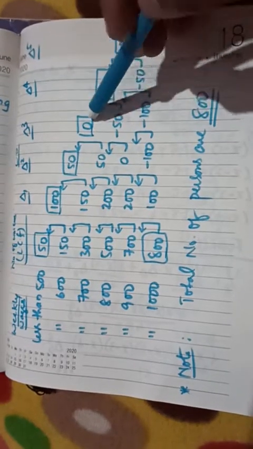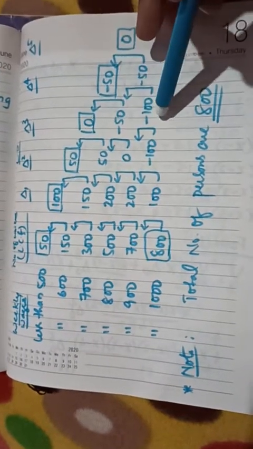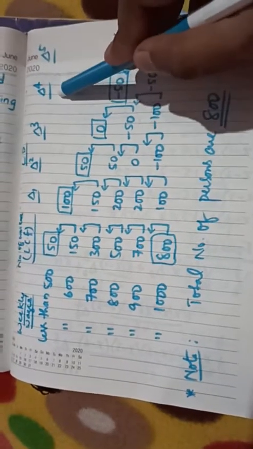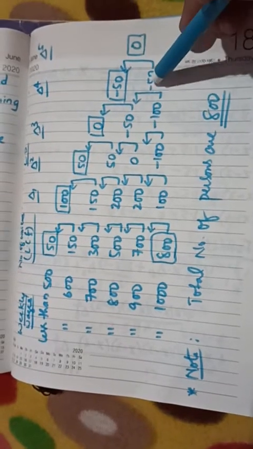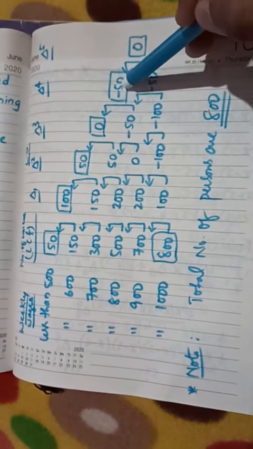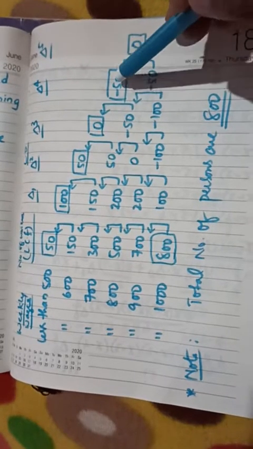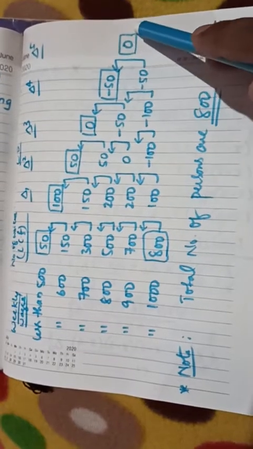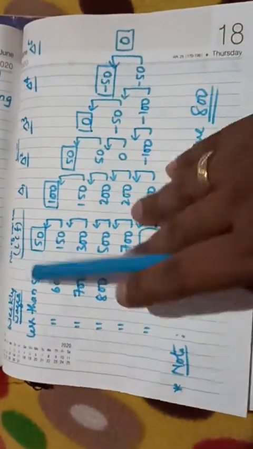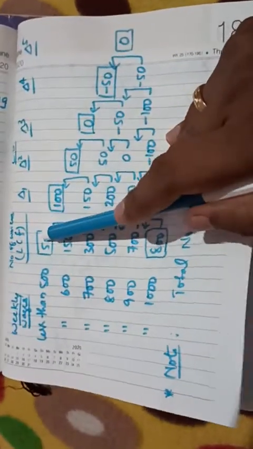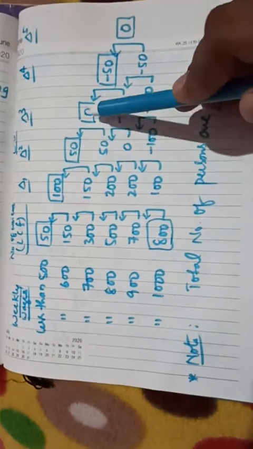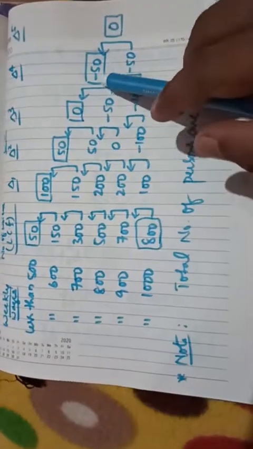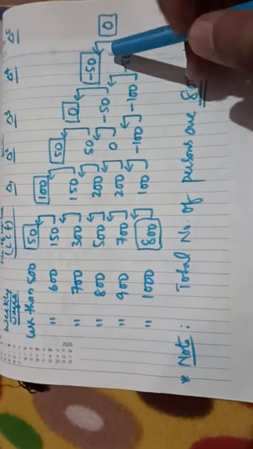Next, from 3 to 2: minus 50 minus 0, minus 50. Minus 100 minus minus 50, that is plus 50, so minus 50. So you converted to 2, delta 4. Next, the fifth leading difference: minus 50 minus minus 50, that is plus 50, so 0. The leading differences I have all taken in a box. This is y naught, delta naught 1, delta naught 2, delta naught 3, delta naught 4, delta naught 5. Unless it reaches a single term, we should keep on calculating the leading differences.